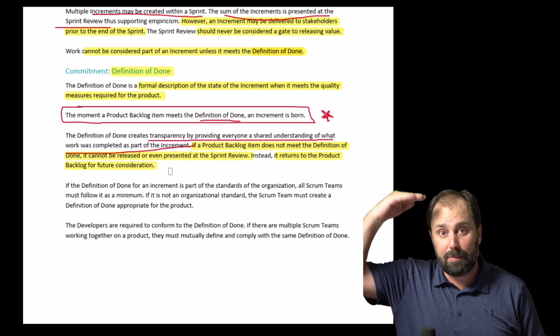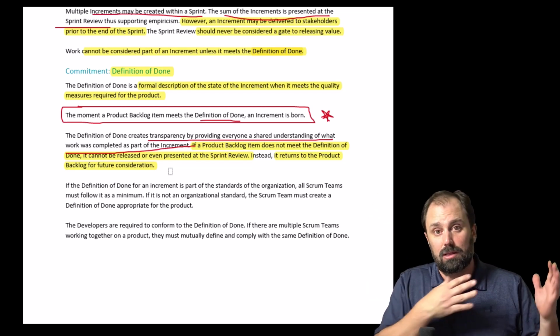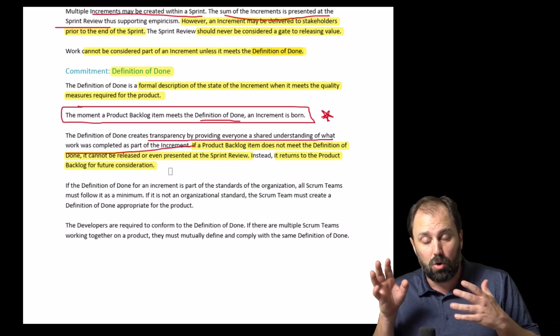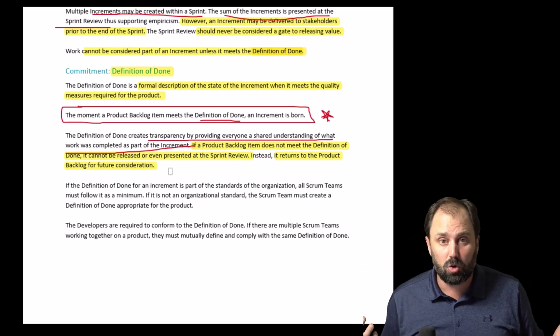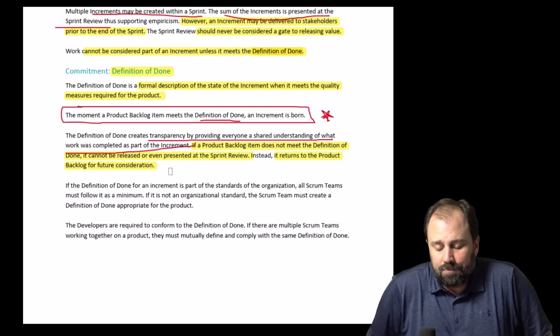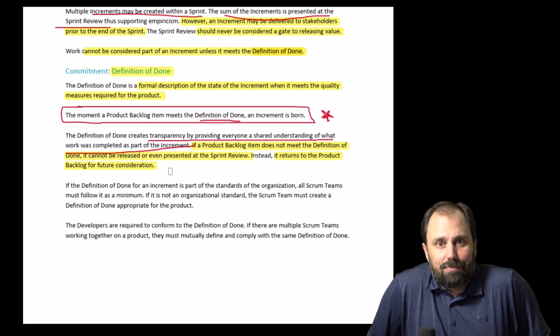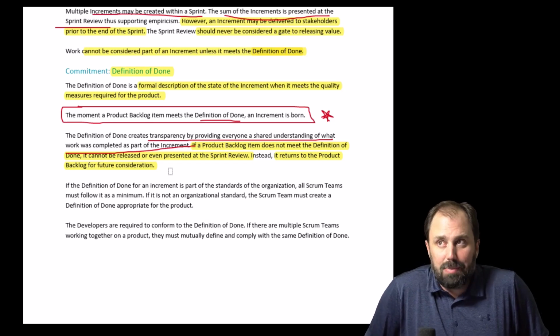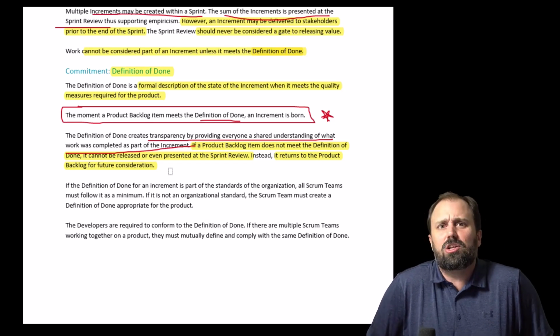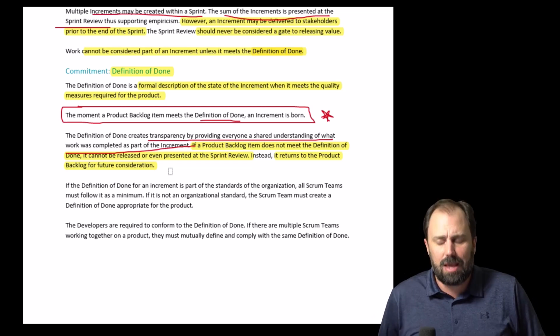They may pop it to the top of the product backlog, line it up in the next sprint. Boom, work it through, deliver it. Maybe. Or they might go, it just ain't worth it, bro. We've done enough work and it just ain't worth it. We ain't going to do it. We're not going to throw good money at bad or bad money at good. I don't know which one of those things. We ain't going to do any more work on it. Okay? That might be it.